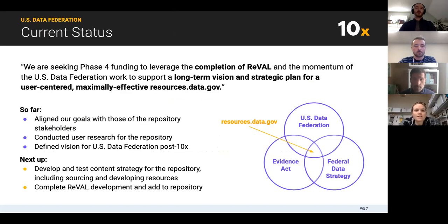So at the end of phase three, we found that we still needed some funding to continue to work on Reval, but also this question of where Reval and other tools like it would live was really at the top of our mind. And what we found was that we were, surprise, surprise, not the only ones thinking about data and data in government. And indeed, our idea about finding some way to have a repository for these types of tools, a way